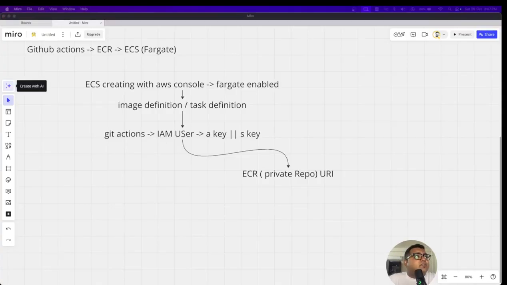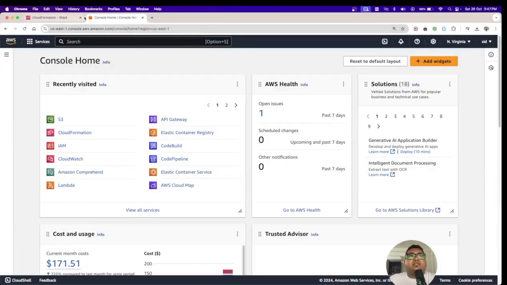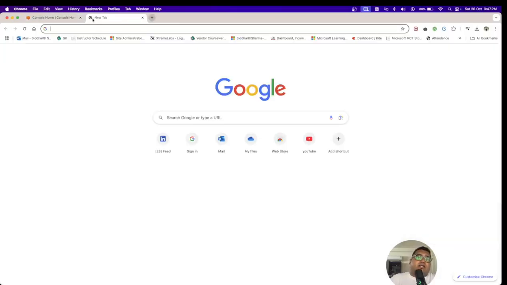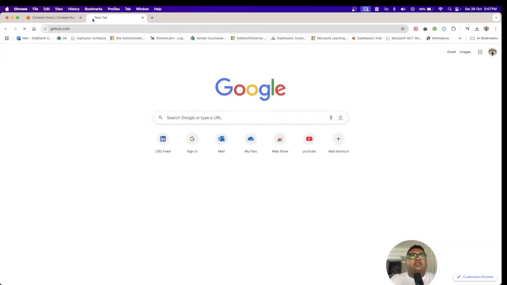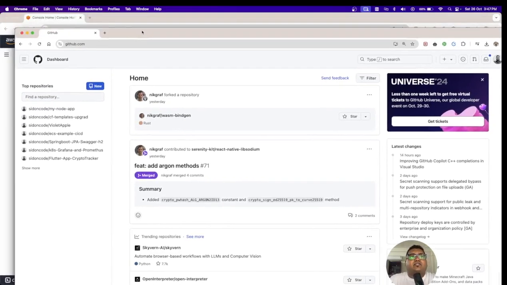So the first step in order to do this particular lab activity, we'll be minimizing this, and I will be opening two tabs. The first tab which I will be opening is Git, the second will be the AWS one,